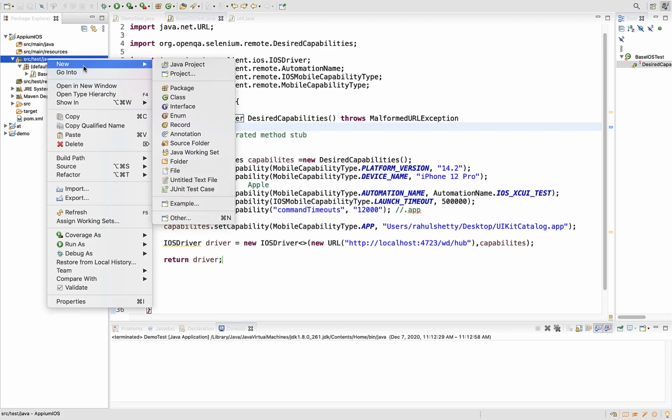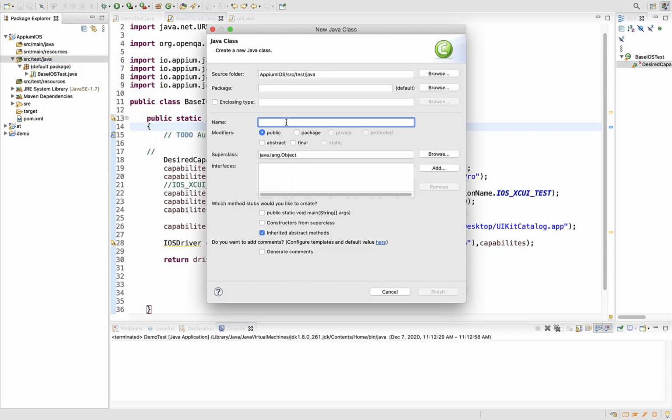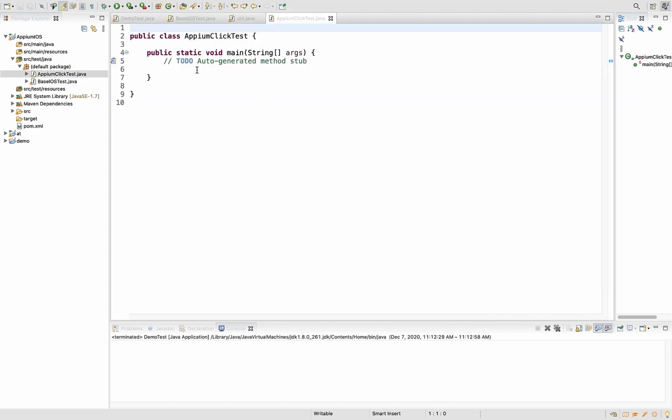Okay. So I will start with class Appium click test. So this is your actual test. So let's try to extend base iOS test.